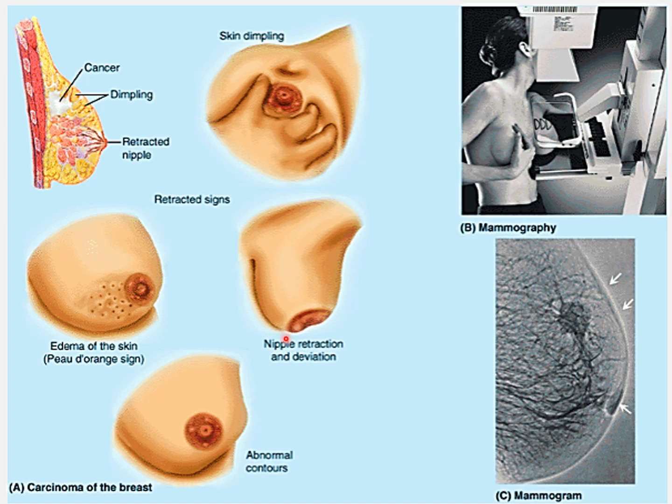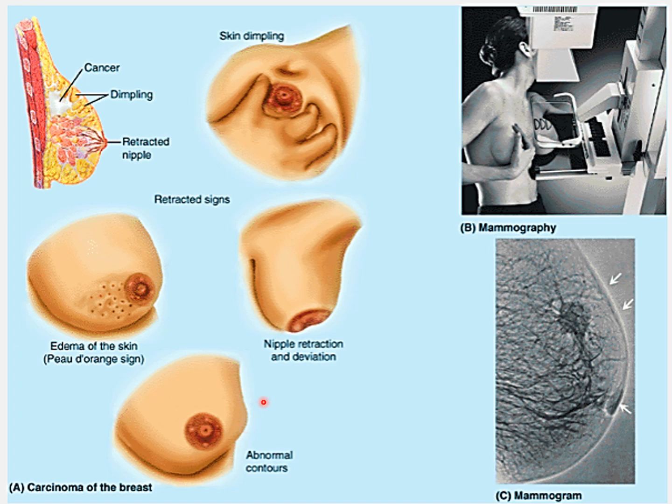Another problem which can occur is that the nipple will be retracted or deviated because of the cancer cells inside. If this area is involved, the nipple can be retracted or deviated, or because of the fibrosis or presence of cancerous cells, the contour of the breast will not be normal, it can be abnormal. Normally, as we have seen, it is a hemispherical structure, but because of the presence of this cancer, the specific half-circle shape will not be there. So abnormal contours of the breast will be there.